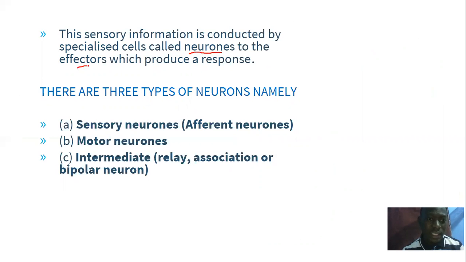The effectors could be those body parts like muscles or glands, which are supposed to produce an appropriate response. Then also, there are 3 types of neurons, as we are going to see. We have the sensory neuron. We also have the motor neuron, and we also have the intermediate neuron. Now, the intermediate neuron can also be called the relay neuron, okay? But also, much as this is how we classify or differentiate between the different types of neurons, but